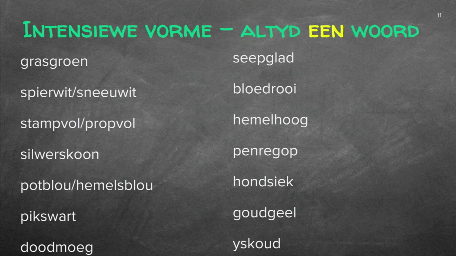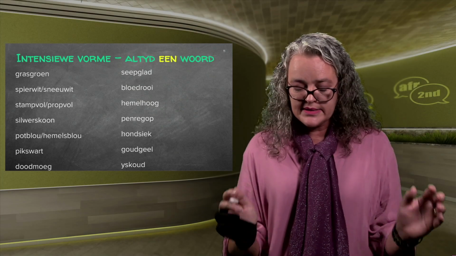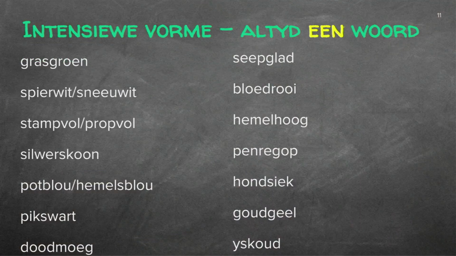Then we have intensieve forme. The secret to this one, when they ask you in a question, is if they have the word baie with the adjective in brackets. For example, hulle vra vir jou in die sin gee die intensiewe vorm en hulle gee vir jou in hakkies baie groen. Then you know it's very green. So dit gaan met ander woorde grasgroen wees.